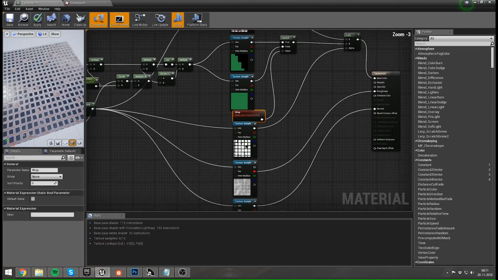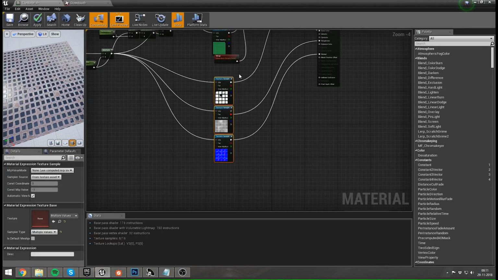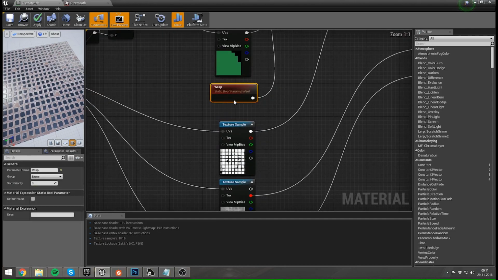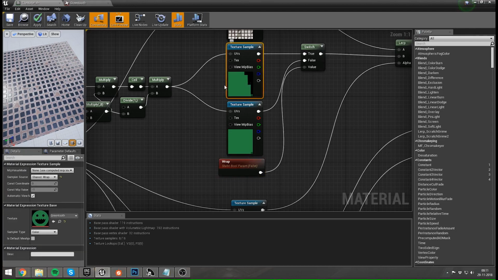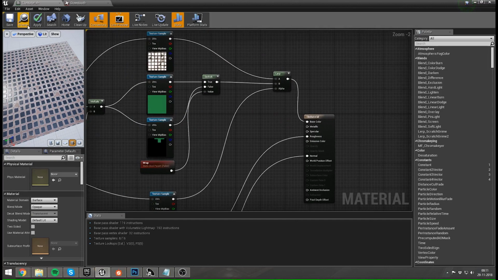Right now, on a material instance, we will get a tick box. If you tick this tick box, wrap will be true, which means that it's going to use this texture. If it's set to false, it will be using this texture. And while the texture is the same, the wrapping mode is different, so you're going to get different results. I'm going to apply that,